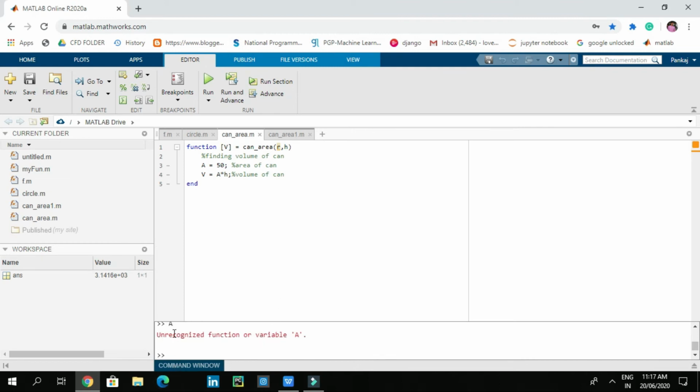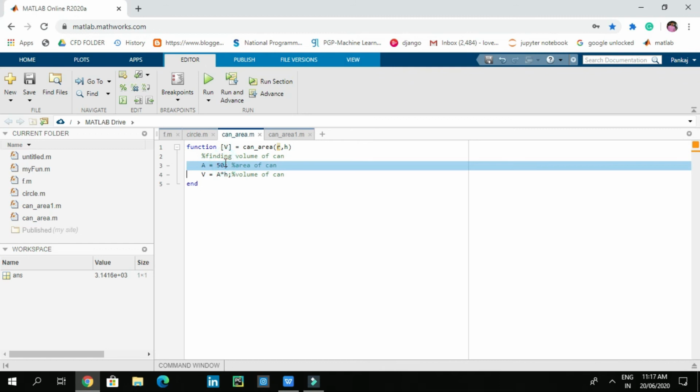This gives unrecognized function or variable. So this variable is a local variable because it works only in the function or the block of function in which it is declared.